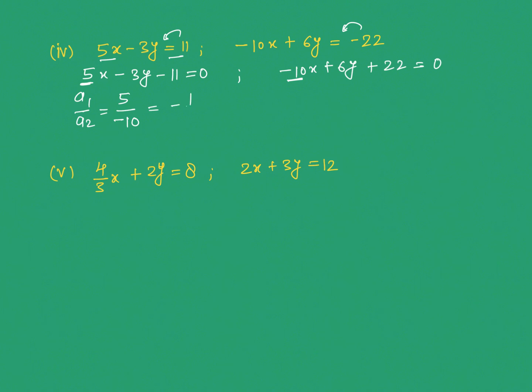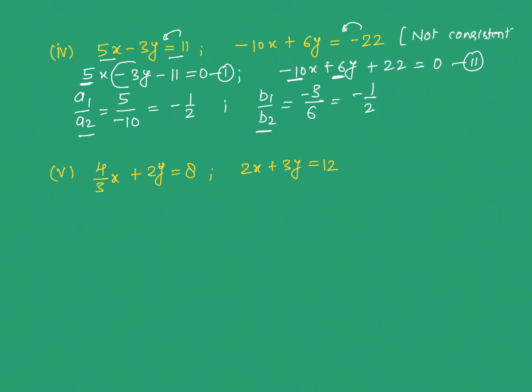Which will be minus 1 upon 2. And if we say b1 upon b2, b1 is minus 3 and b2 is 6. This is the first equation and this is the second equation. So this will become minus 1 upon 2. So now you can see a1 by a2 is equal to b1 upon b2. That means these two equations are not consistent,